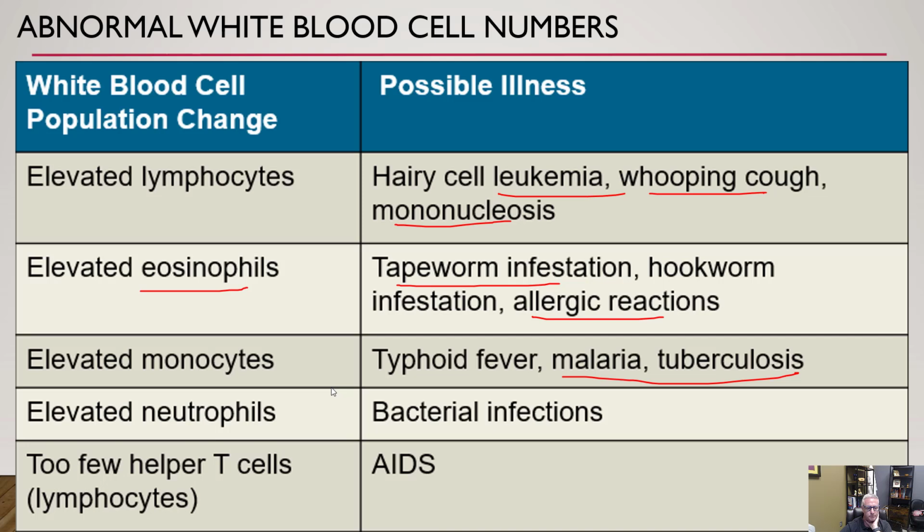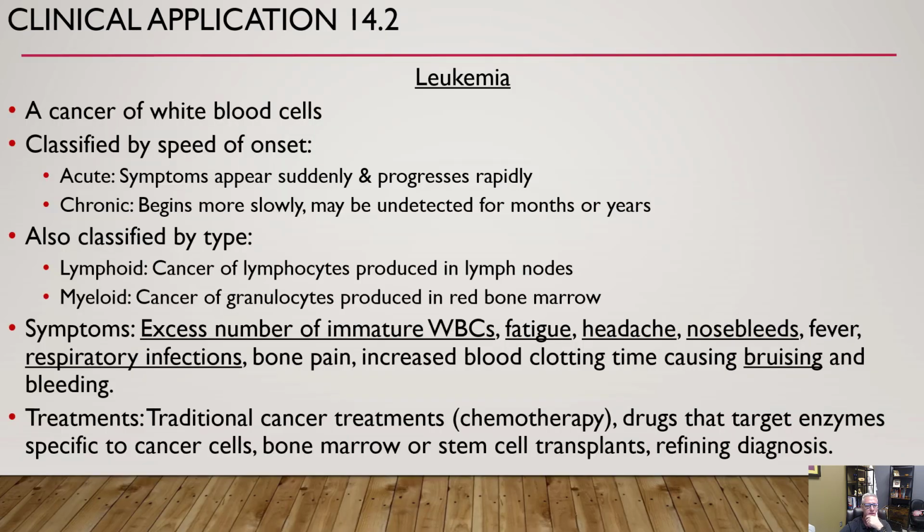All right. So leukemia is actually cancer of your white blood cells. We can classify it as acute or chronic. Acute just means that the symptoms appear very suddenly and progress rapidly, whereas chronic is more of a slow process. So it might be undetected for months or over years. And we can also classify it as lymphoid or myeloid. And remember, if we go back to